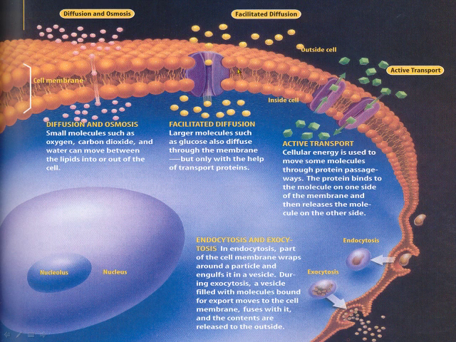Facilitated diffusion, again, doesn't take any energy on the cell's part. Molecules still move from high concentration to low concentration, but now through this protein door. We could also have active transport going on. That's where molecules are moving from low concentration to high concentration, and the cell is going to need energy to do that. It'll need these transport proteins, and it'll have to feed these proteins ATP to make them pump molecules